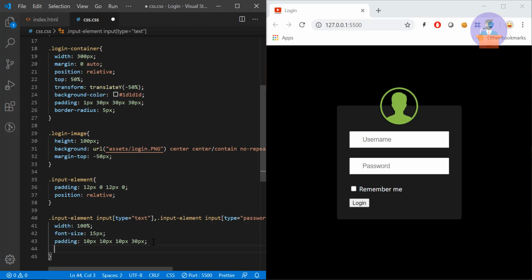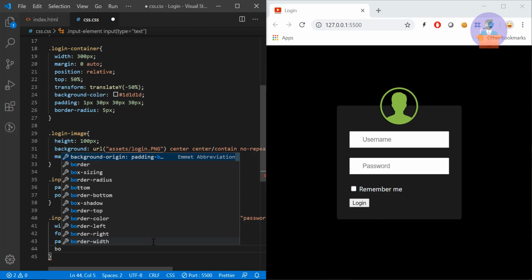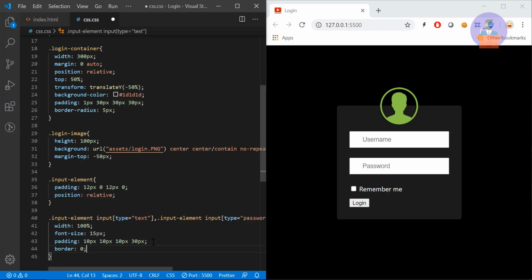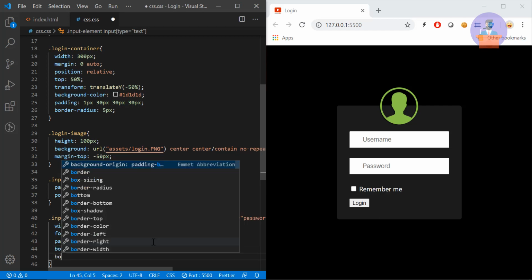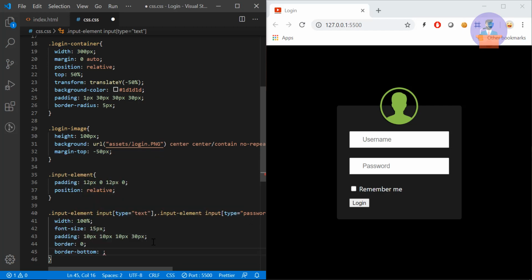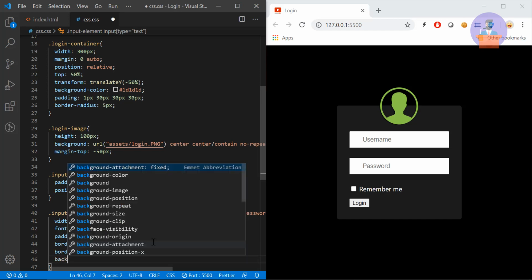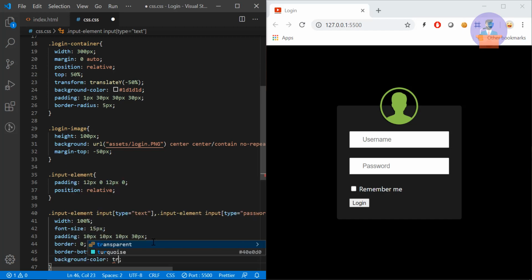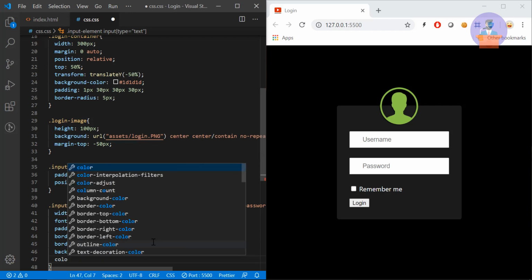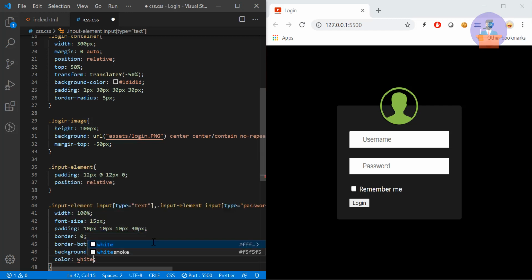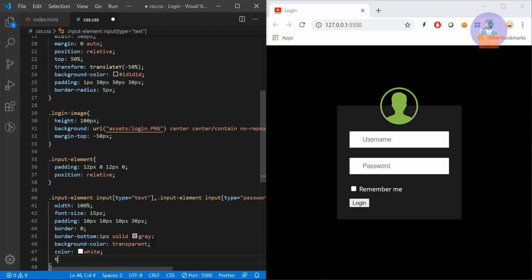Now I'm going to provide a border to our input element as 0, and I'm going to provide a bottom border. So border-bottom, 1 pixel solid and gray color. Okay, and the background color of our input element will be transparent, and the font color is white, and let's provide a transition.